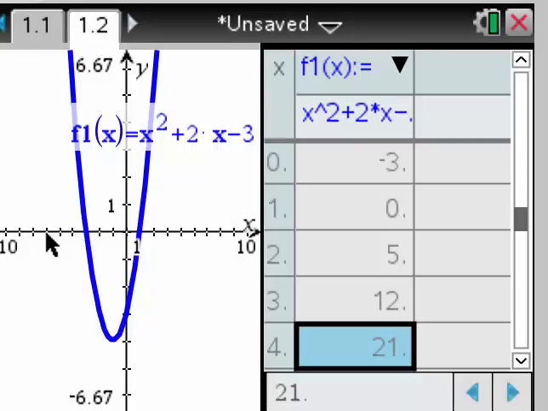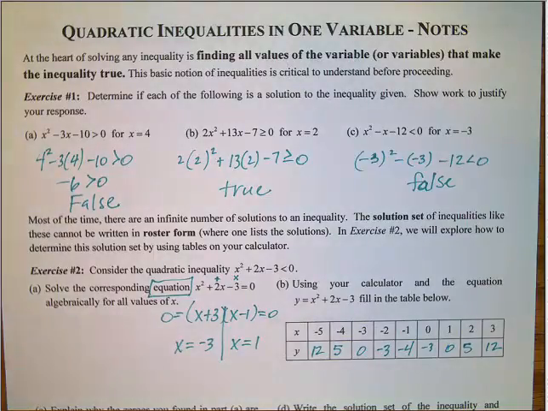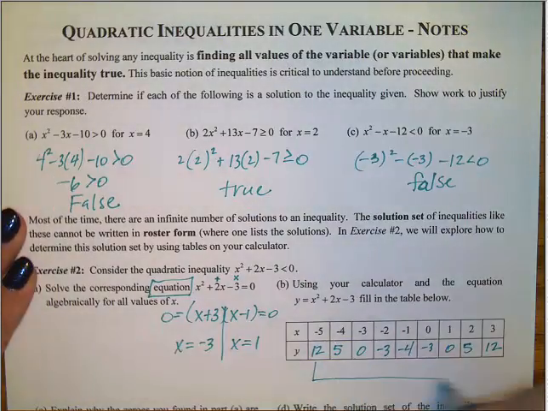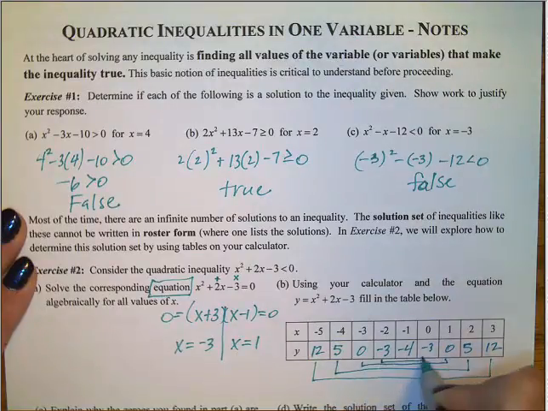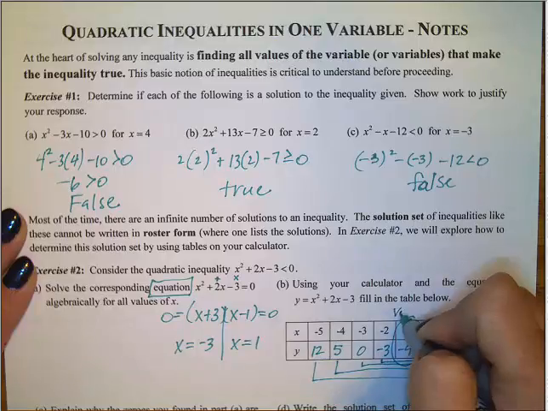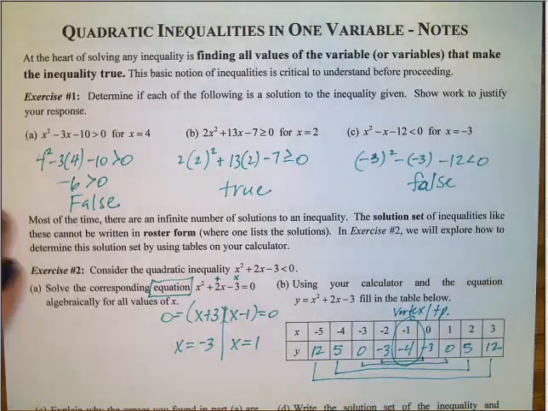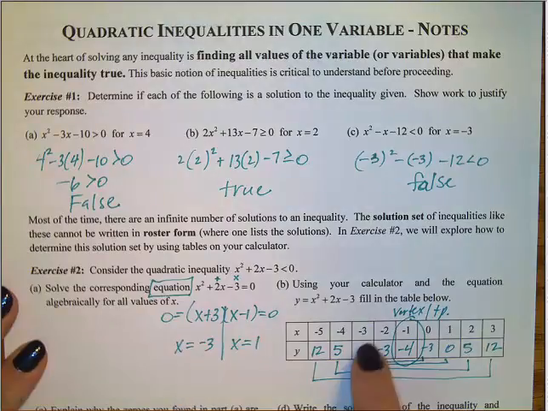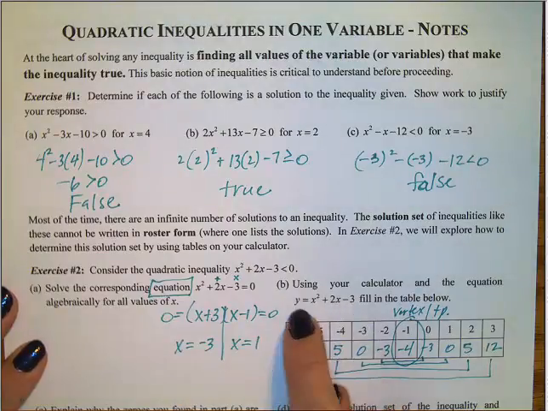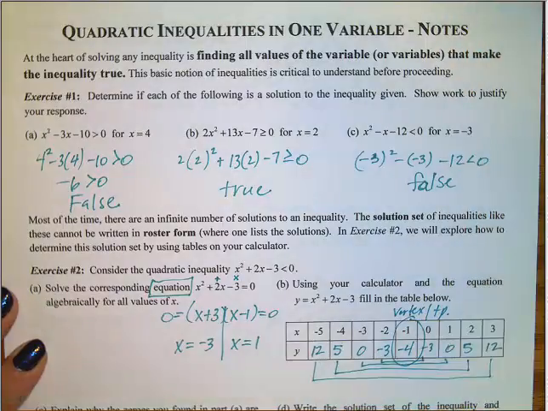So, going back to my paper, this is a quadratic, so they should mirror each other. Not all quadratics do, but the majority do. So that means this is my vertex or my turning point. So explain why the zeros you found in part A are not part of the solution set of the inequality. So if I look at -3, my answer when I plug it in, y is 0. So if I look at this, if x squared plus 2x minus 3 is less than 0, if x equals -3,